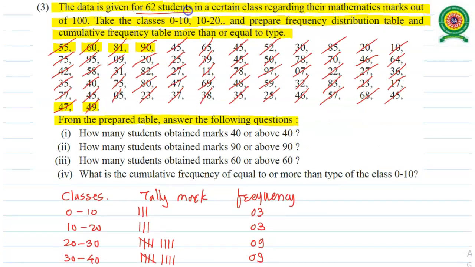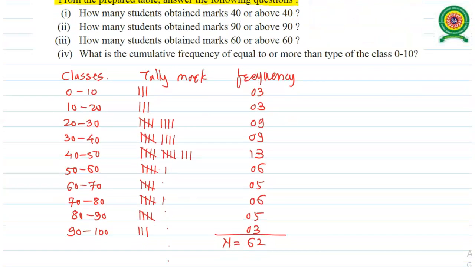So now next to it we have to evaluate. Now equal to or above. So that we have more than or equal to type frequency. That means we can say the greater than cumulative frequency. So I am writing here more than or equal to type of cumulative frequency. CF stands for cumulative frequency. So how to find the more than or equal to type of cumulative frequency?